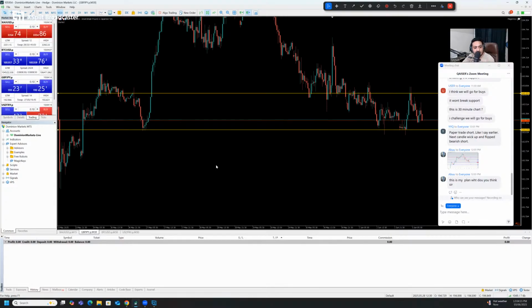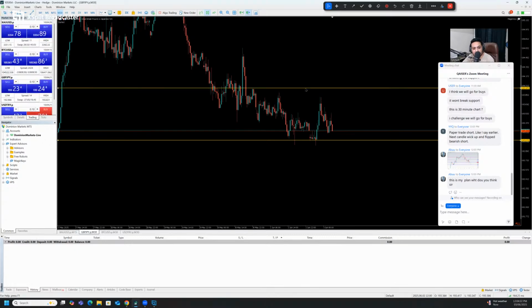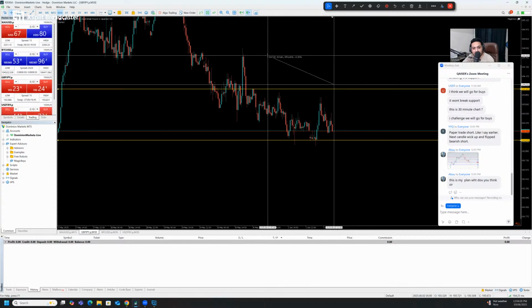This could make sense. Or if you just wanted to take a buy, I would say buys only make sense if you just break above all these rejections on the left hand side. If you just break and close above this area, you have a clean track on the left hand side for 50 pips. So this makes sense.